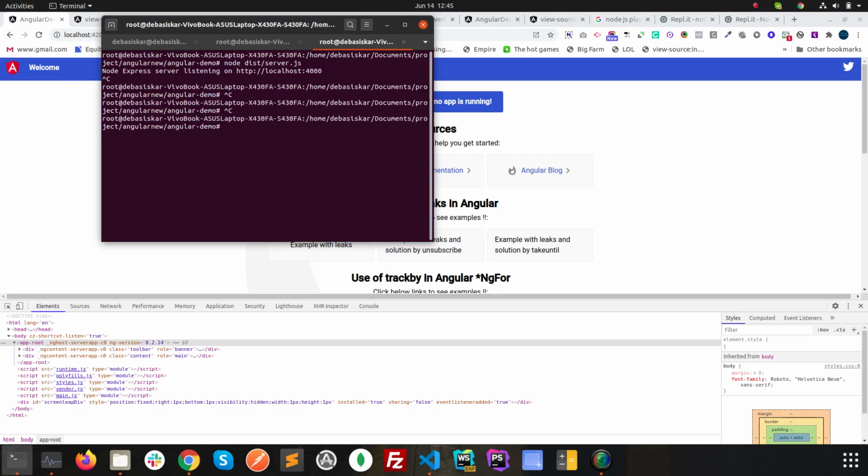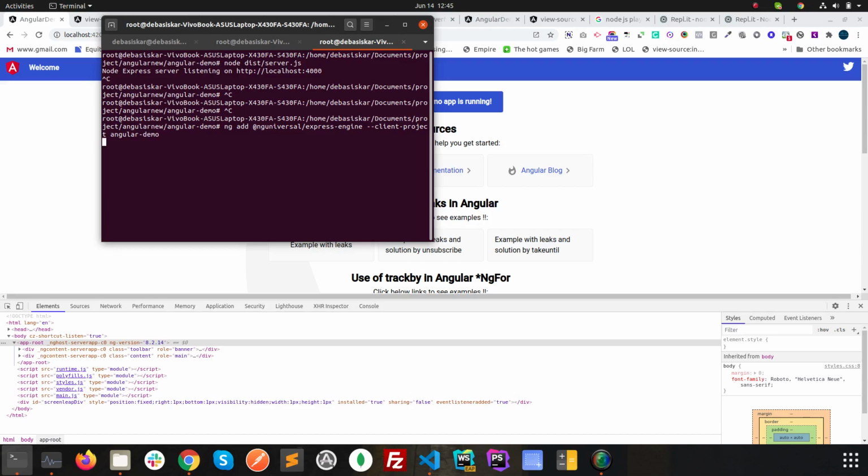I think the command was ng add @nguniversal/express-engine. We also need to add info about the client project: what should be the name of your project?